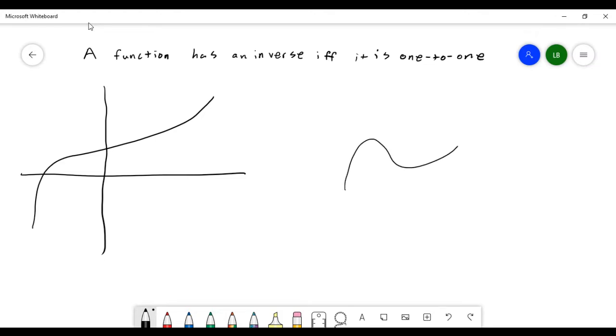If we had a function that looks like this, that would not be 1-to-1 because we could draw a horizontal line, say here. You see that it hits our function in 1, 2, 3 spots. And that is why a function like y equals x squared, which looks like just a generic parabola, doesn't have a true inverse, because it fails the horizontal line test. We can approximate an inverse for y equals x squared, but only for the right half of the parabola,